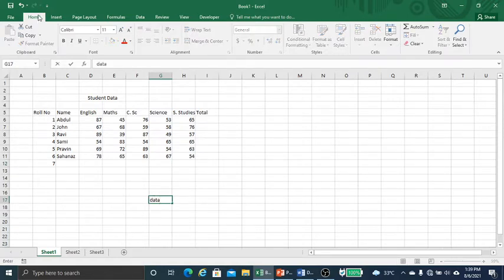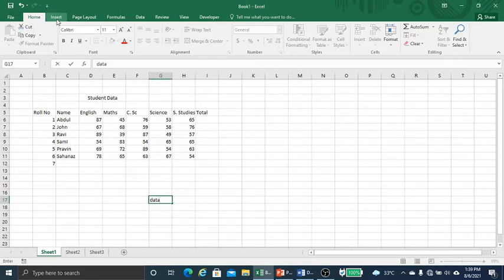Now if I press undo, it will go to the previous state. What is redo? The redo button is used to repeat the action that I undid. If I press redo, you can see it will come back. You can get the keyboard shortcuts of undo and redo in the Quick Access Toolbar. The shortcut for undo is Ctrl Z, and the shortcut for redo is Ctrl Y.